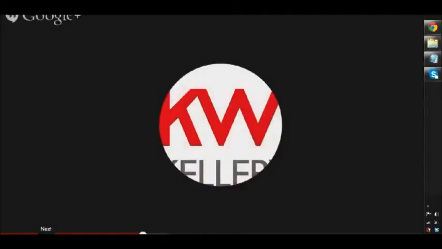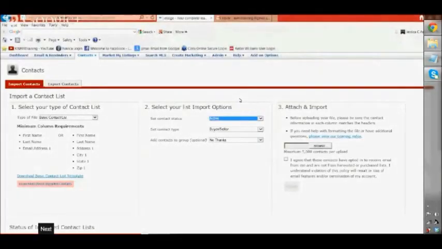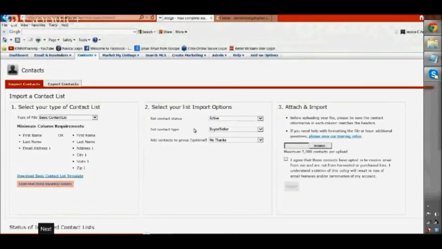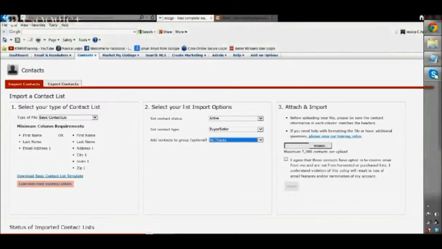Next is, oops, I apologize for the technical issue. Let's just wait for it to load up. Okay, so buyer and seller is the default value under contact type. Here's active. There's buyer and seller under contact type. Now under there is add contacts to group, so you can just leave it there. Also in here you can click browse to look for the file that you want to